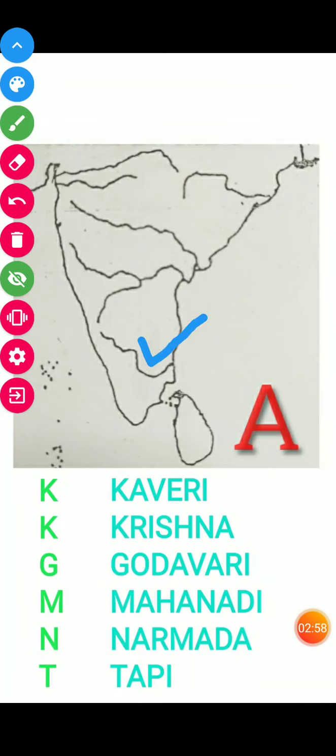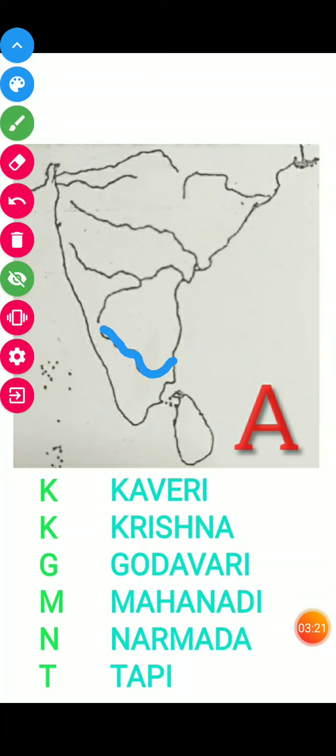Kaveri sometimes is written with alphabet C as well, but here I am taking K as it is a Hindi name. So this is Kaveri. You draw this river with blue pencil.